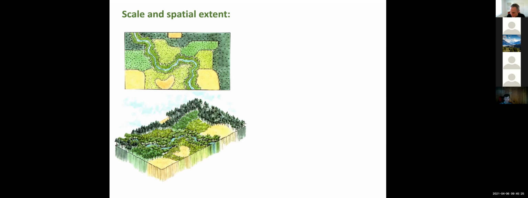It's pretty tough to tell in this one, right? There isn't any one landscape type that's obviously the most extensive. And so what that means is that at this scale and spatial extent, it's fair to say that there isn't necessarily an identifiable matrix, right? And in a case like this, you'd be more inclined to use something like the gradient model in order to measure or assess that landscape.